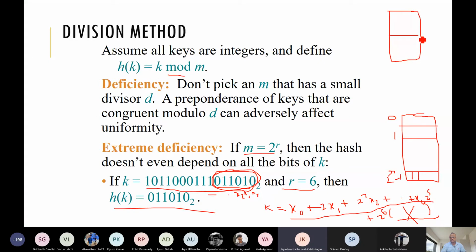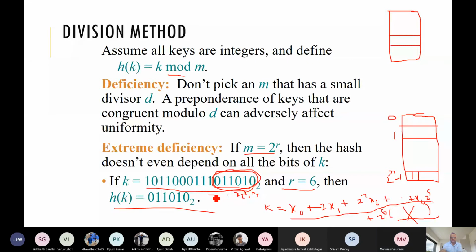Sir, if bits are less than 6, it will always go to 0. That is one problem. Any other problem? Even if the first 12 bits are different, there is no difference in the output. Yes. So how many are there?